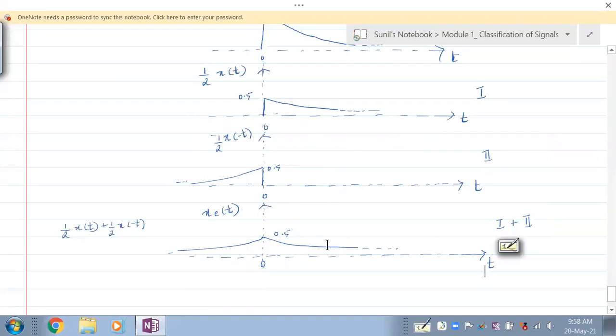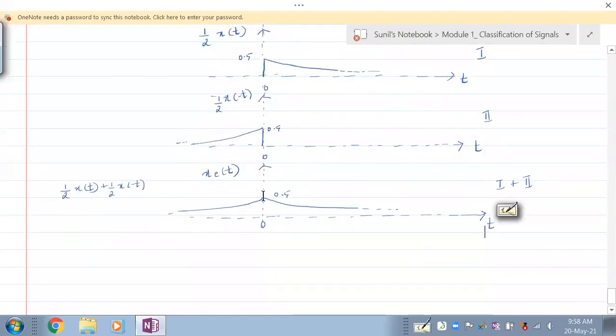So if you take that analysis, this is what you are supposed to be writing. This signal comes and ends at 0.5. This signal also comes and ends at 0.5. So here you have nothing. So 0 plus this signal is the same signal which we have written here. Then this signal plus 0 here, we need to write the same signal. So that is what we have done. So let's not have the confusion by analyzing at t equal to 0. It's from minus infinity to 0 and from 0 to infinity that we need to analyze. Is that okay with you? So this is x even of t.